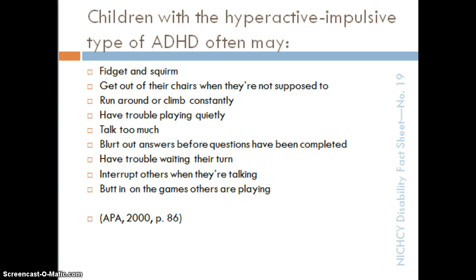Now, children with the hyperactive impulsivity type may be manifesting this disability differently. They may be more likely to fidget and squirm, stay out of their chairs, run around, climb constantly, maybe be a little bit loud when you're asking them to be quiet, just being impulsive and not being able to remember and think to stay quiet, talking too much, blurting answers, having trouble waiting for a turn, interrupting or butting in. And you can imagine that these children, although maybe quite wanting to be social, could have difficulty getting